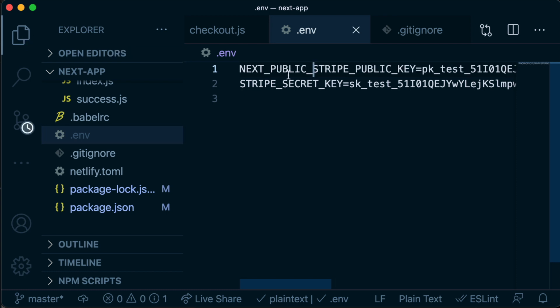So, NEXT_PUBLIC_STRIPE_PUBLIC_KEY. Make sure you only do this for your public key, because again, we only want our public key to be accessible by the client. Our secret key should only be accessible by our serverless functions. So now that we've called this NEXT_PUBLIC_STRIPE_PUBLIC_KEY, we need to copy that